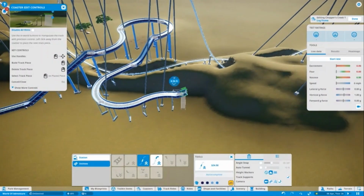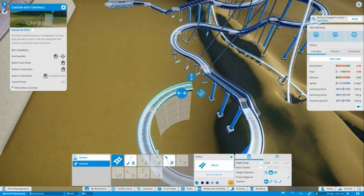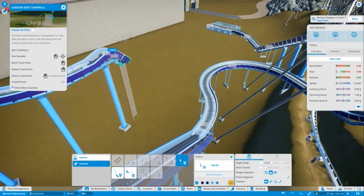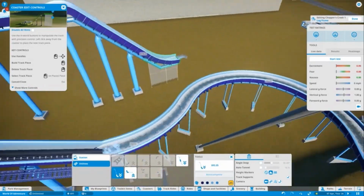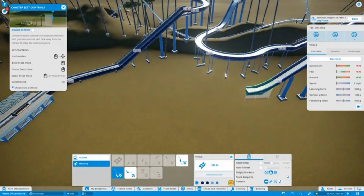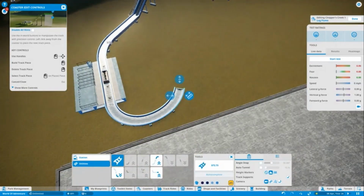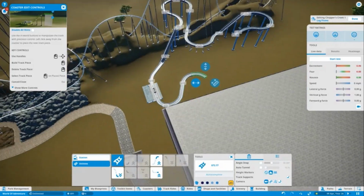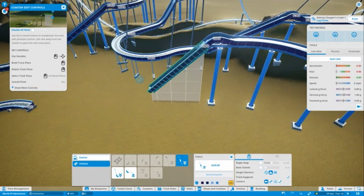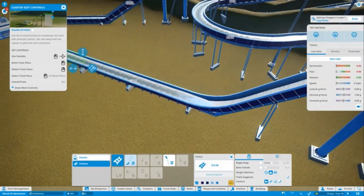And there we go. So as you can see, just working on the second lift hill here. I built this really quickly, to be fair. So you'll see this section going in and it's like I complete it, but then I go back to it another time and I actually extend it. So I add another drop. So it ends up that there's 3 lift hills and 3 drops on this by the time it's 100% finished. Also in this episode, you're going to see me work on the rock work around here as well,